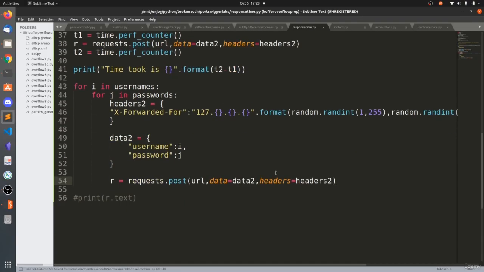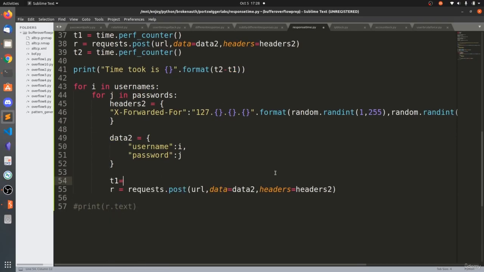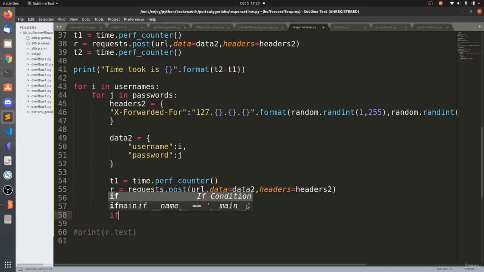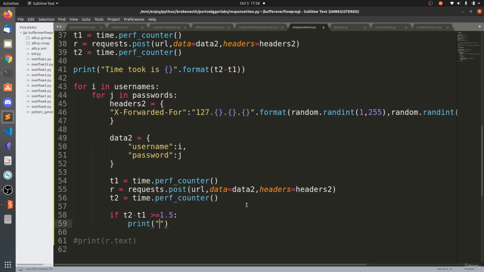We can also say time 1 equals time dot perf_counter, and let's say t2. We know that a valid login took more than 1.5 seconds. So if t2 minus t1 is greater than or equal to 1.5, then